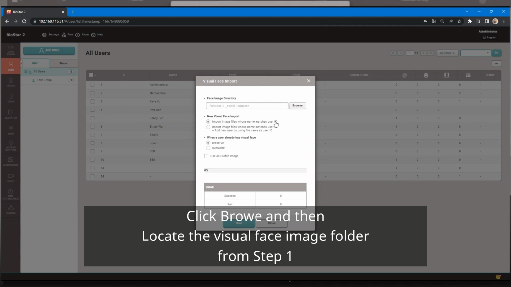Now, there are two options: import image files whose name matches user ID, and import image files whose name matches user ID plus add new users by using the file name as user ID. The difference here is if you already have a user registered on BioStar 2 without the image, then the first will be your choice. But if you're trying to add a new user who's not already registered on BioStar 2 and you want to simplify your steps into one instead of creating an ID and then adding an image,